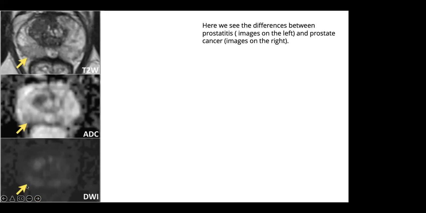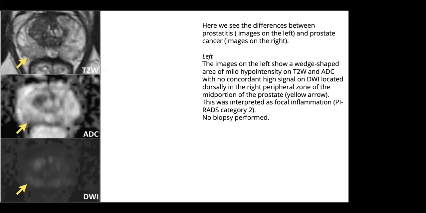So these findings, and if you again look at the T2, the margins of these lesions are well defined or sharp. You can see this is making a wedge shape kind of appearance. And if you see this kind of thing, then we call this more like prostatitis changes versus those of the lesion. And can we show the other images so that we compare the two?